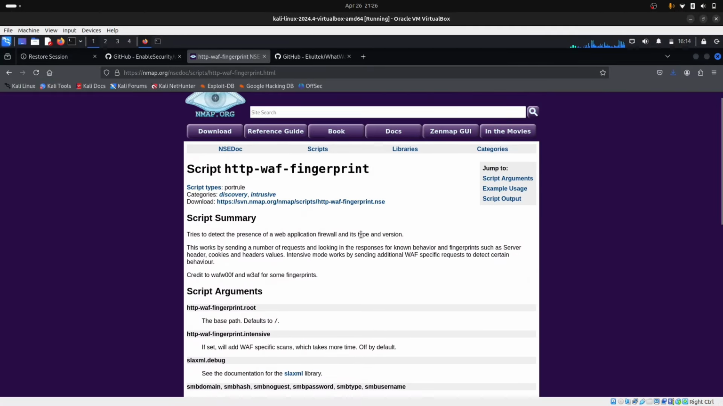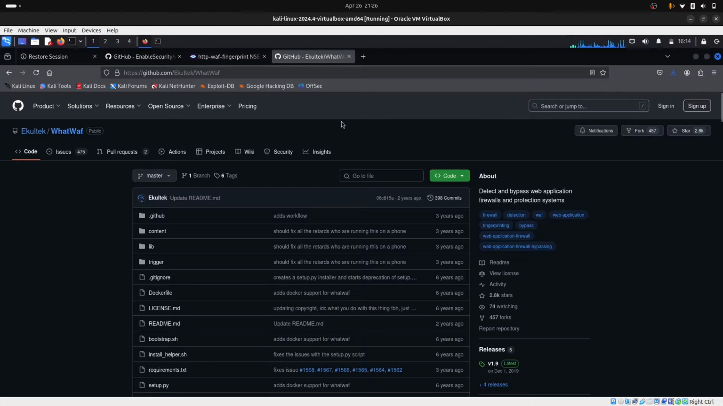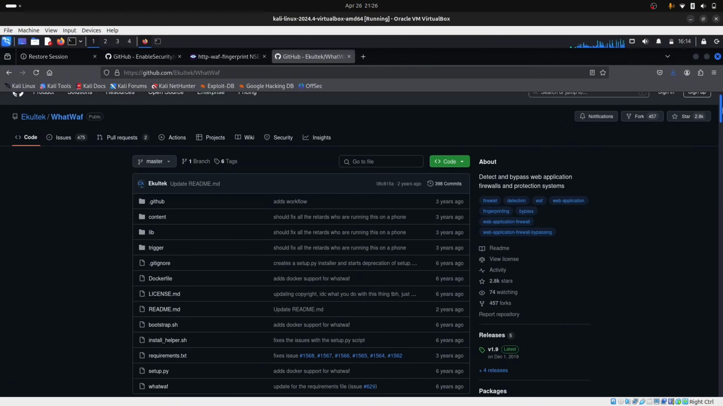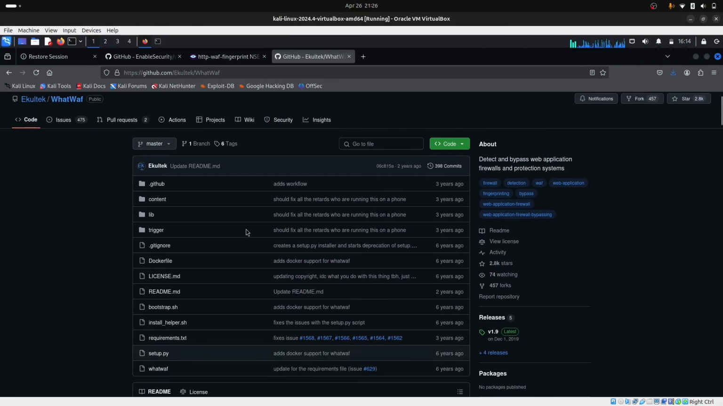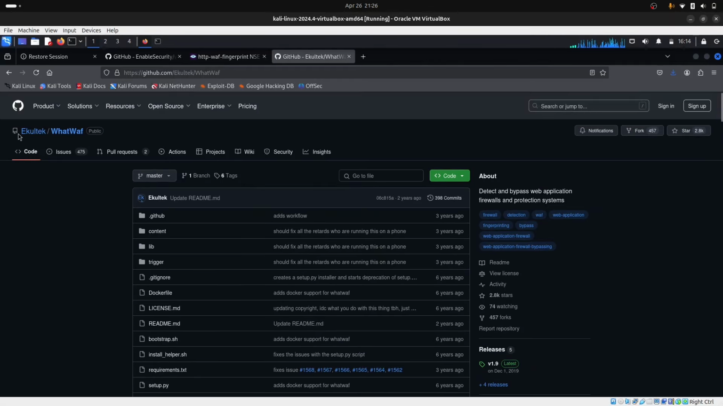So there's another tool called WhatWaf. So WhatWaf is used for detecting firewall also, and also used to bypass web application firewall and protection system. So yeah, to install WhatWaf, it's on GitHub, doesn't come pre-installed. You can search for WhatWaf. So WhatWaf is used to bypass web application firewall and also detect. So it was made by Equinox